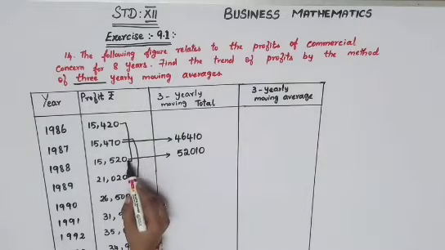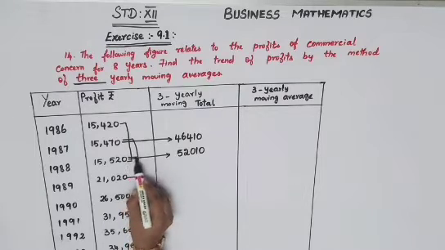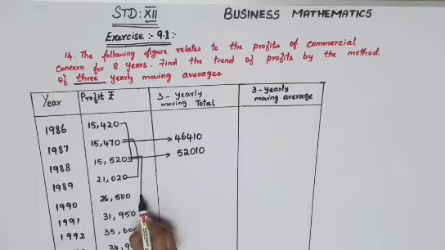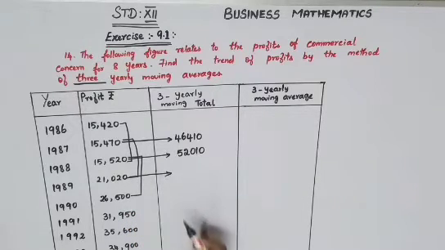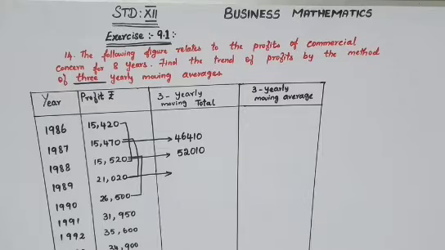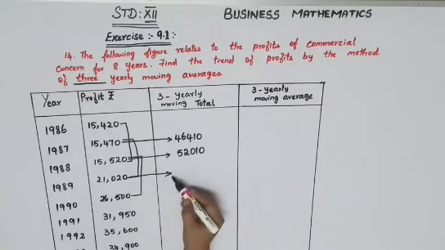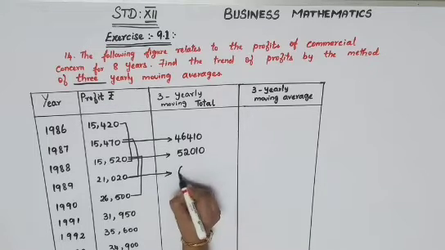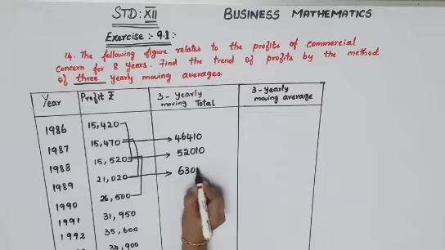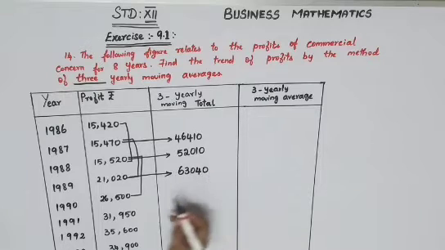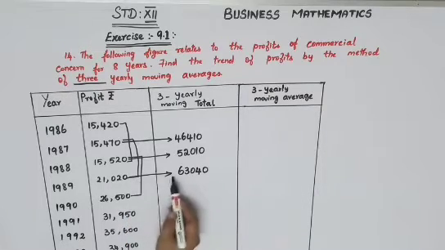Now the next three numbers, that is third number to fifth number. Otherwise, where you have started your arrow mark, from there you will have to start. So here to the next number, and in the middle number you will have to write the total of those three numbers. That is from 3 to 5 you will have to add, and straight to the fourth number you will have to write your total. So your total will be 63,040.